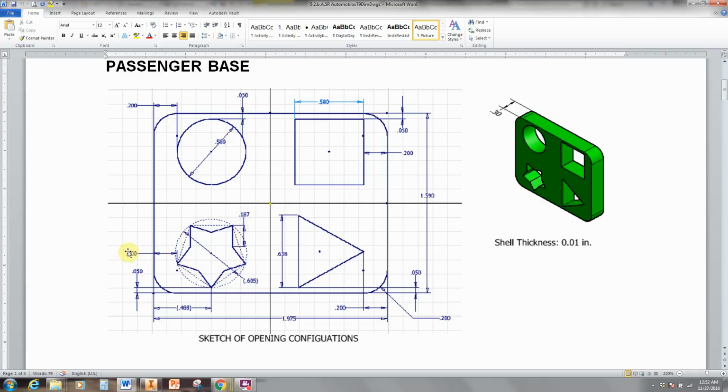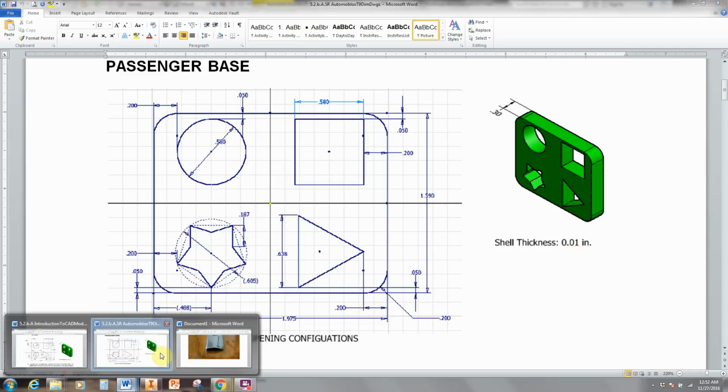Also, it shows the dimension of 0.200, the 200 thousandths from the end of the star to the edge, which is duplicated here with the circle and the square and the triangle, also the same dimension. But we're going to center it, we're going to dimension it from the center. So I don't really recommend using this set of dimensions, and instead, you do need to remember the shell thickness of 0.01. Instead, we're going to use